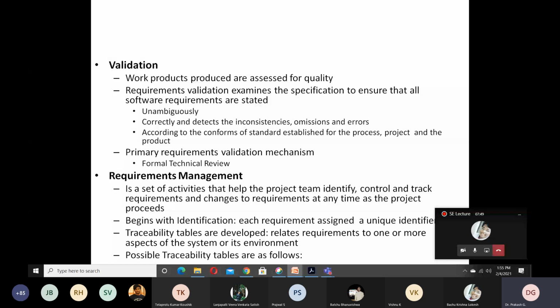Think about the salary components, how it is calculated: basic pay, dearness allowance (DA), house rent allowance, and also deductions like PF, the provident fund deduction. So these are the four generic components.